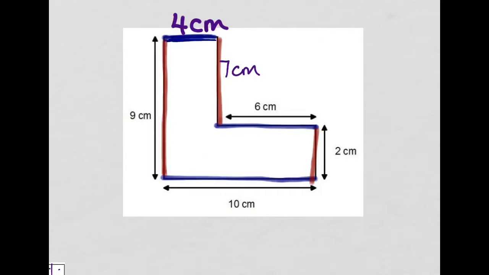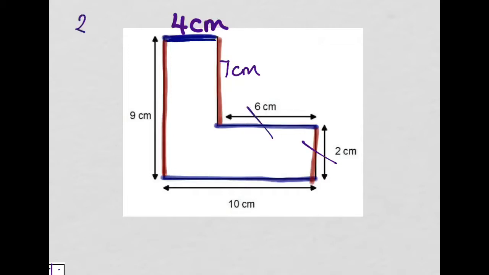Now that we've worked out all of our edges, and we've got all of the ones that are missing, we can count them up and add them together to get our perimeter. And as we do that, it's really useful to make a line through the edge, and then you know you've counted it. And also, if you know that you're not very good at adding up several numbers in your head, it might be useful to write them down the side, and it might be useful to write down the total as you go along. So the ones that I need to add up are 2,